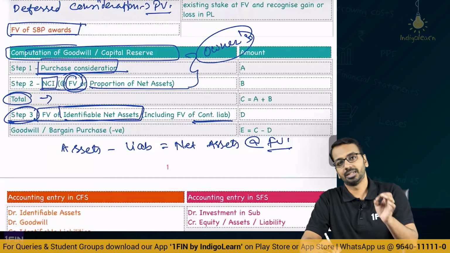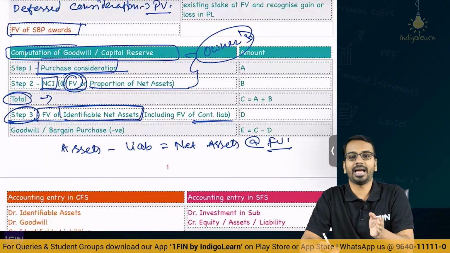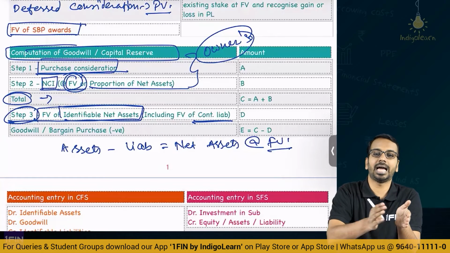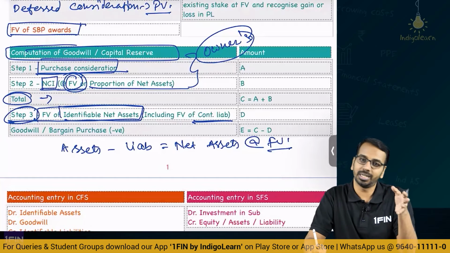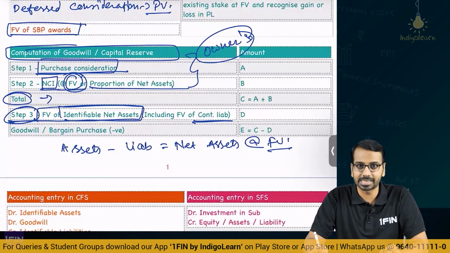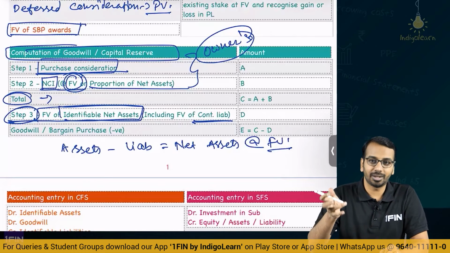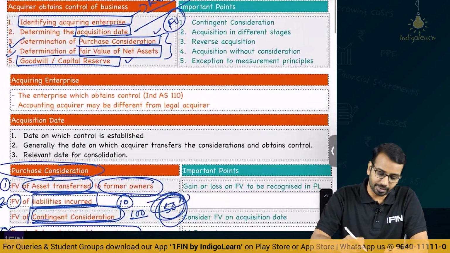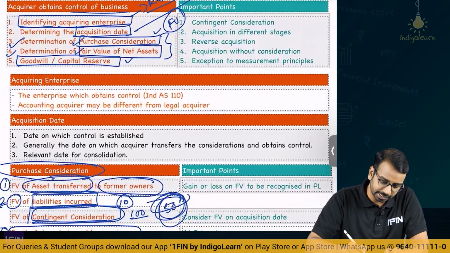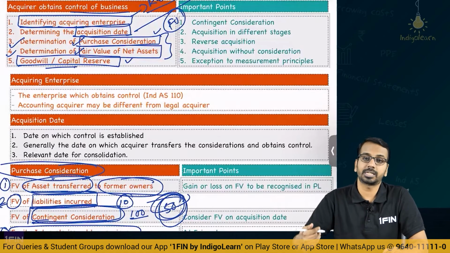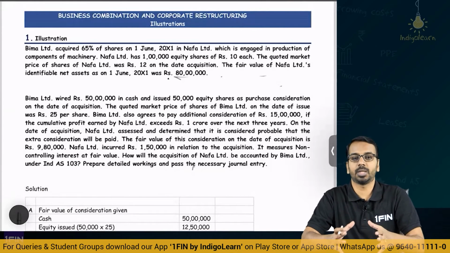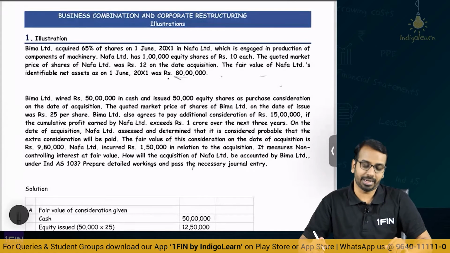After we have done this, then preparing balance sheet as on the date of acquisition is not at all a challenge. You just need to simply add on the assets and liabilities and the balance sheet would tally. But in this chapter, there are some specific points which we need to understand that can make the examination questions pretty tricky. So far we have understood control of business from examination point of view, purchase consideration, net assets, goodwill or capital reserve, and how we follow the steps to calculate, right? Now, before we move further, a quick recap of the concept that we have learned just now so that the entire framework is set in your mind.